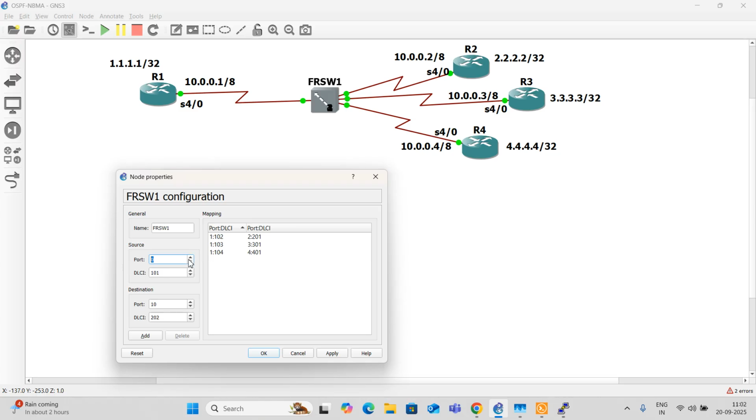Port number 2, 201 to port number 3, 203. Add. Likewise, port number 2,